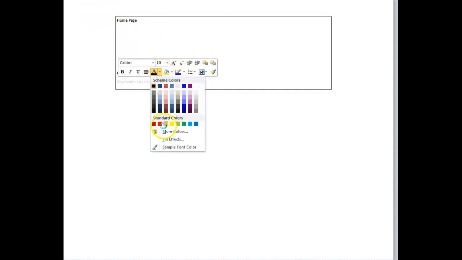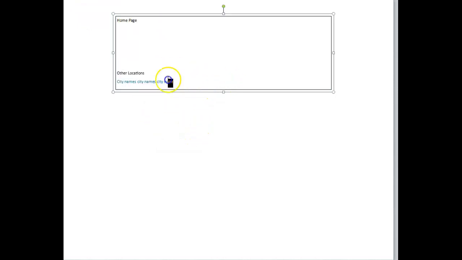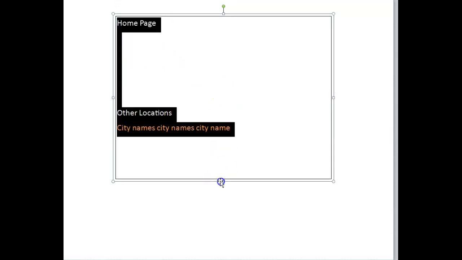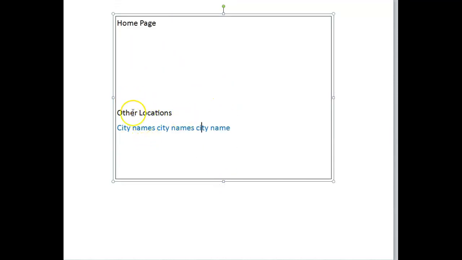I'm sorry, guys, I'm just changing the colors here. Let me make this bigger so you can probably see it. So hopefully you can see that. At the bottom of the page, you have the other areas we service, other locations, the city names here. So when you create backlinks, buy backlinks, or build backlinks, however you decide to do it,